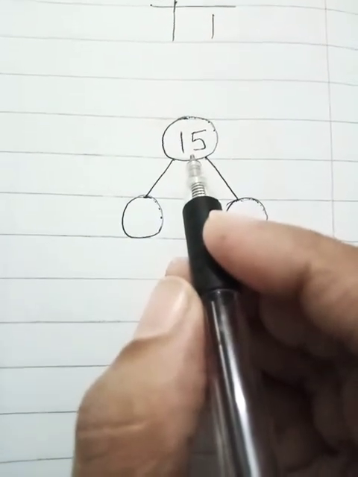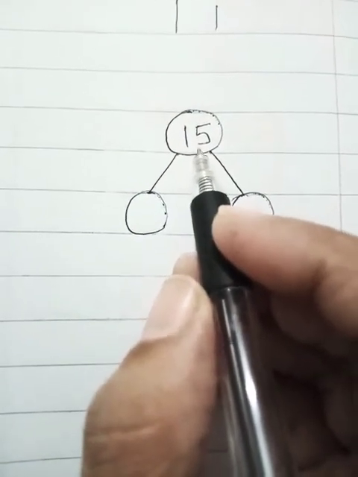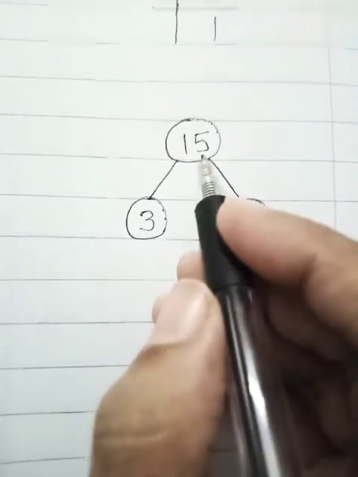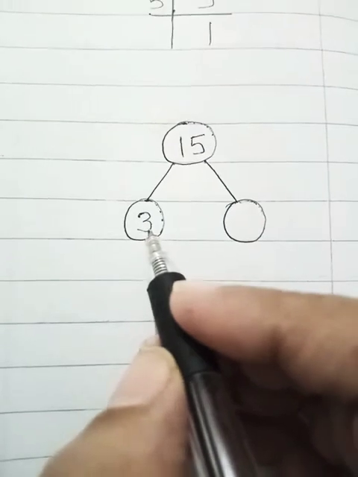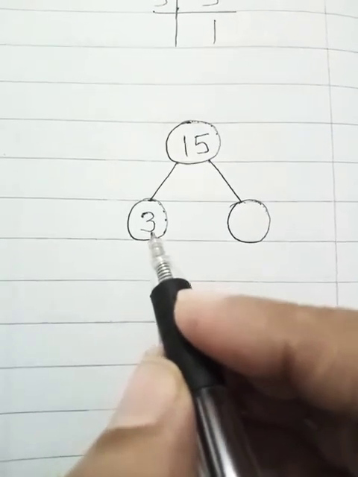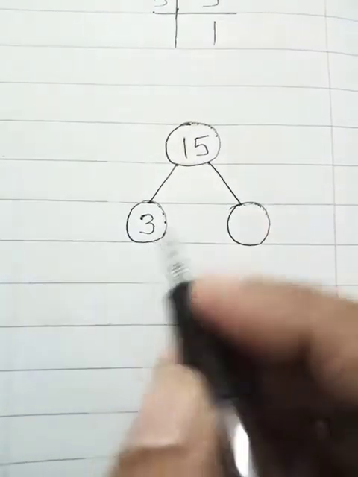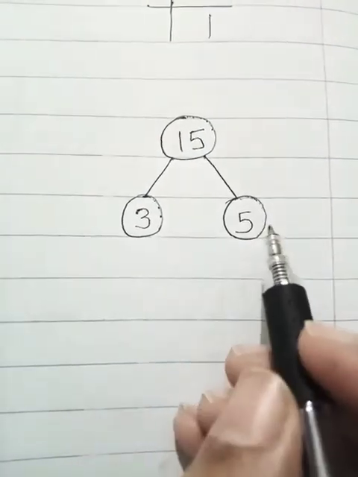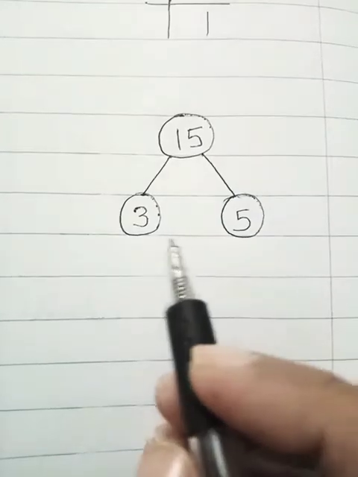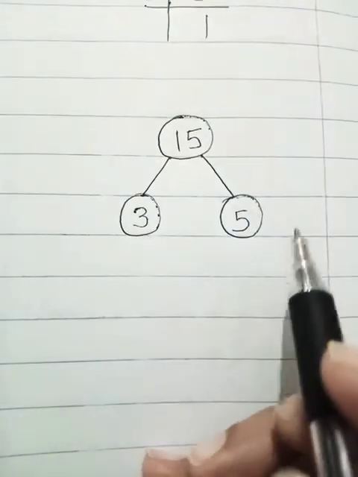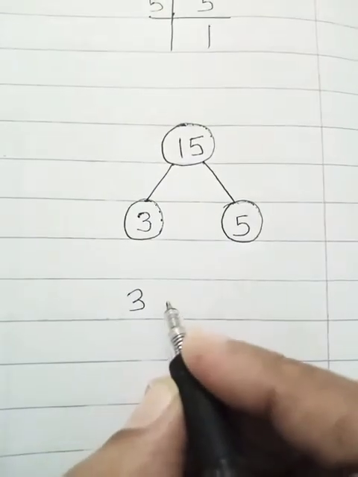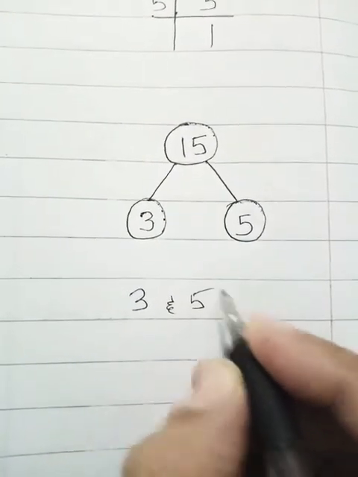So 15 is an odd number or even number? This is an odd number, so we will start with 3. Say the table of 3 to get 15. 3 1 is 3, 3 2s are 6, 3 3s are 9, 3 4s are 12, 3 5s are 15. So we will write 5 here. Now 3 is a prime number, 5 is a prime number. So it means that our question is solved. These are the prime factors of 15. So we will write 3 and 5.